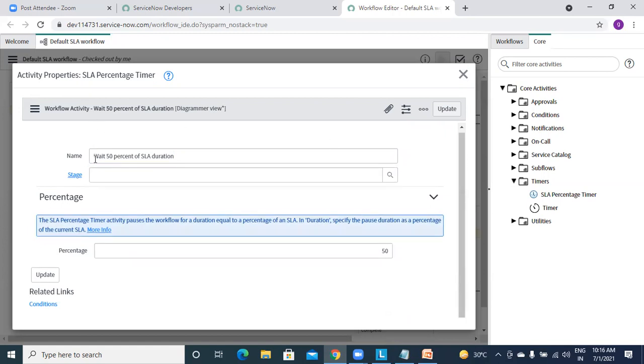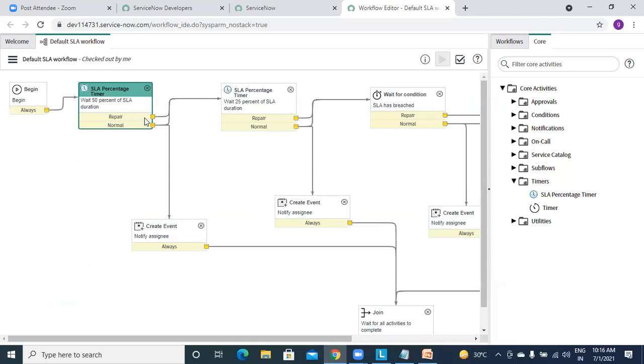When you click on that, you can give it a name, like 50%, 75%, or any percent you want. And at the bottom, we are giving that percentage, like 50%. So it will run at that 50%. Nothing more to do. Just give this percentage, and it will check for that 50%. If that reaches this percentage, then it will have two options.